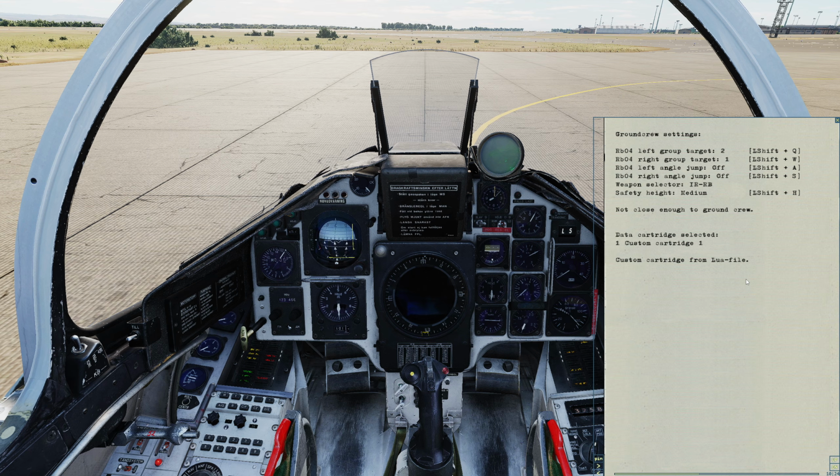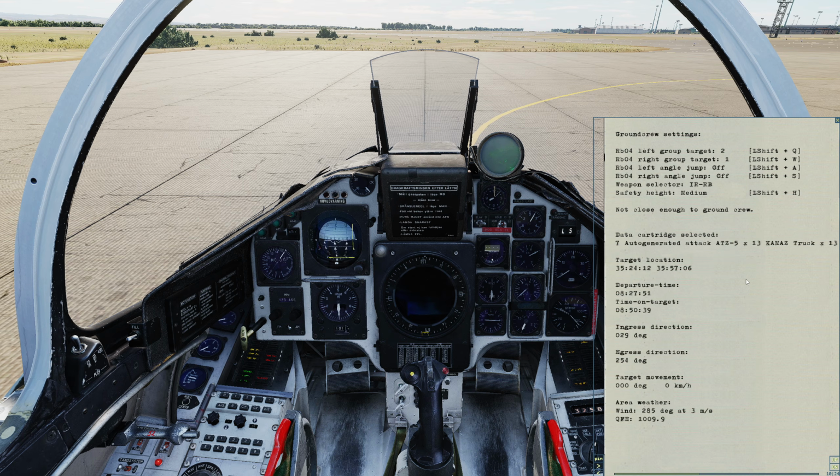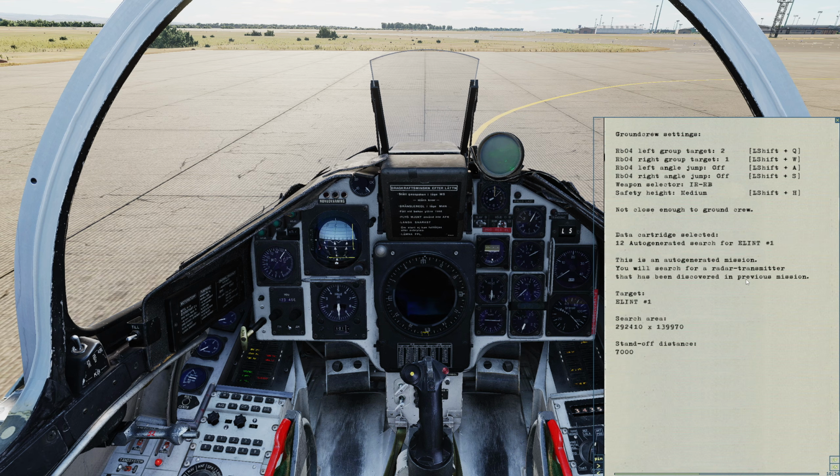If I press left control and shift again, we then get to auto-generated data cartridges. The Viggen will always auto-generate cartridges based on potential targets on the map. So we have these auto-generated attack cartridges, there'll be multiple of them. And if I keep flipping through these, we'll also get to auto-generated search cartridges. These are based on radar sites that are on the map that we might want to do electronic intelligence gathering against, and it will create a flight plan automatically for those. And again, we've got a few of these automated ones created here,